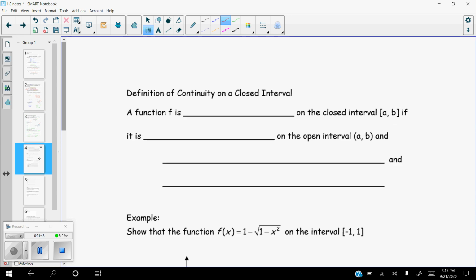All right, and we're going to do the top of this next page here, the definition of continuity on a closed interval, and then we'll come back and actually finish this off in a second video. All right, so the definition now of continuity on a closed interval. Remember, that includes the endpoints. So a function f is continuous on the closed interval from a to b if it is continuous